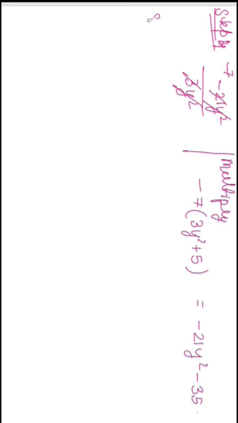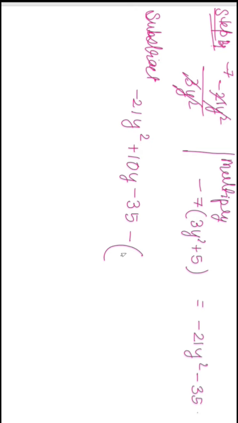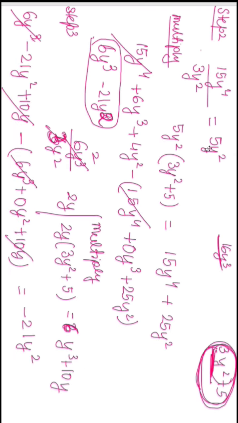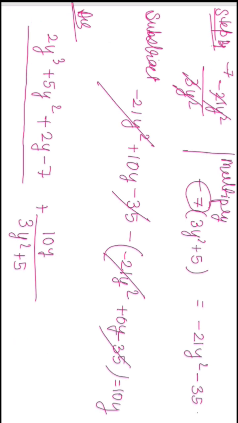Now I will subtract. Minus 21y square plus 0y minus 35. There is no term of y, and minus 35. So the remainder I get is only 10y plus 2y. Minus 21y square and this one. So these are what? Multiplying terms. So fine. So first we read